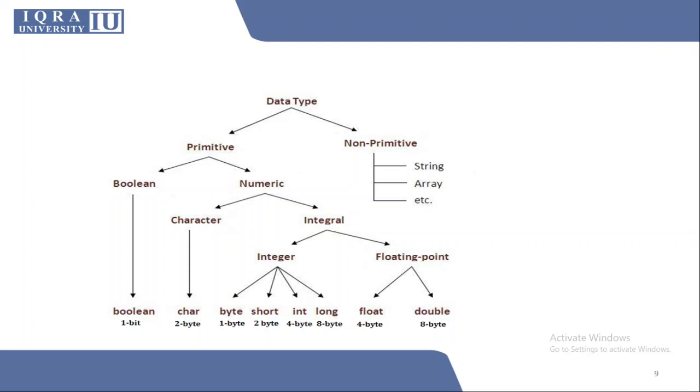In Java, floating point is normally considered as double. So if we want to write a float, we have to convert it into float. By default, Java considers every decimal number as a double data type.